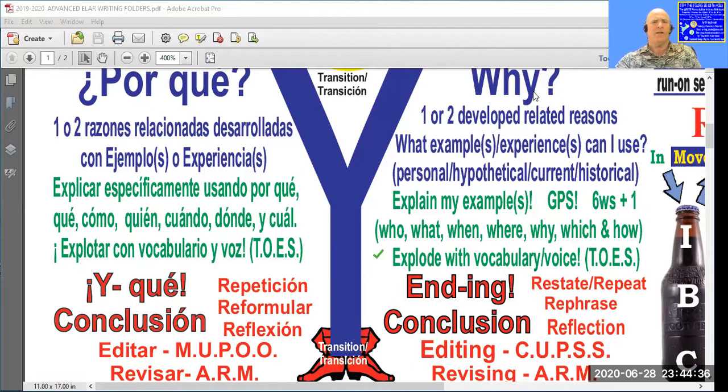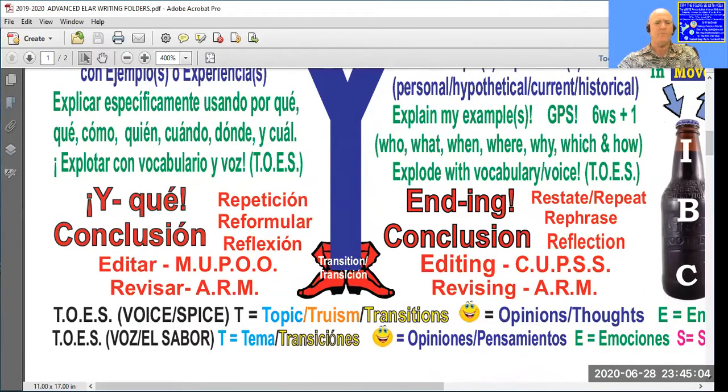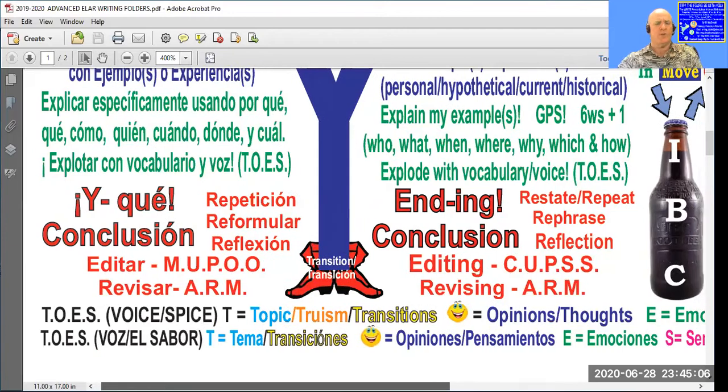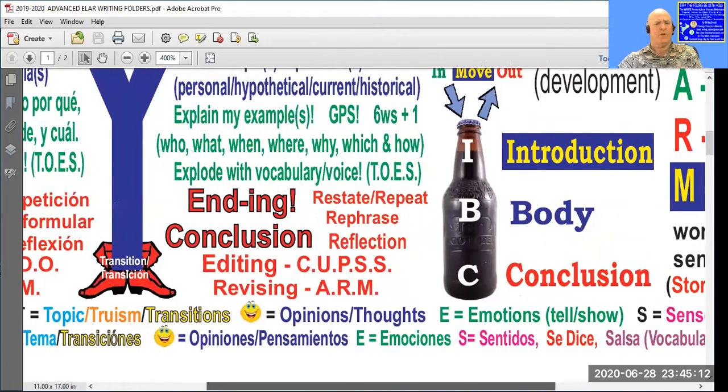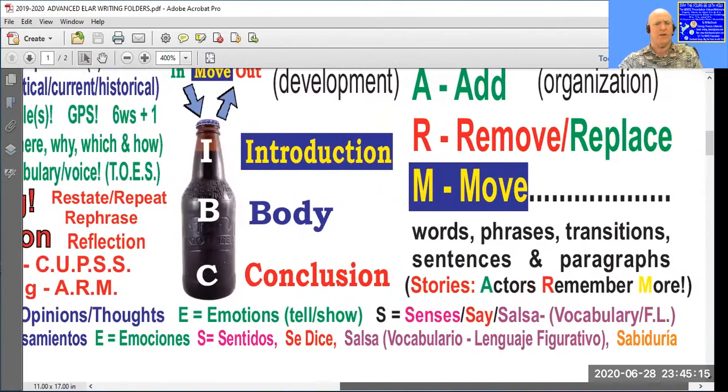And a lot of teachers have different ways to teach voice, but I use an acronym TOES. There's a saying that says, don't judge a person until you've walked a mile in his shoes. And inside his shoes are his toes. Here at the bottom of that folder right there, it has toes, which is your voice, the spice of the essay. And you can have the most boring essay in the world and still get a 2 or a 3,